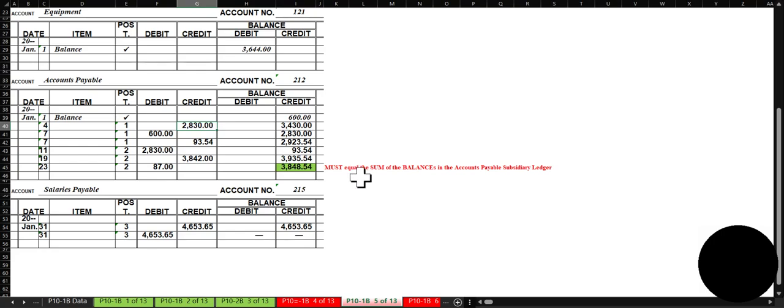If we had our subsidiary account, so at the end of the period, this balance here, which is in the accounts payable in the general ledger, which is my control account, must equal the sum of the balances in the accounts payable subsidiary